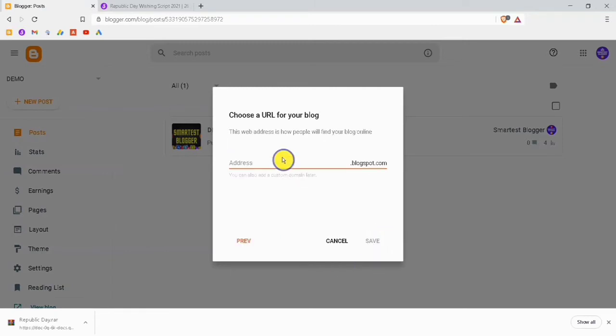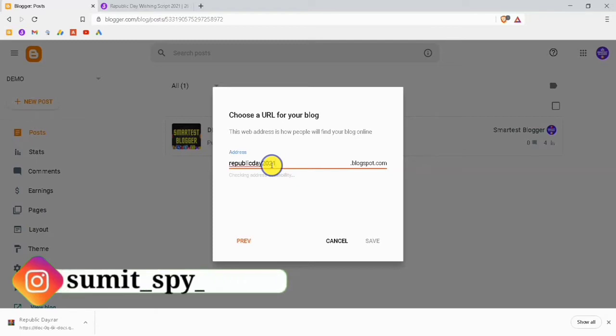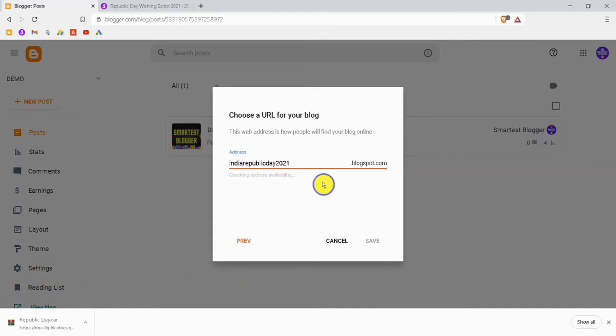Click on next and give any address as you wish. Here you can see I have given an address, so I will click on save.